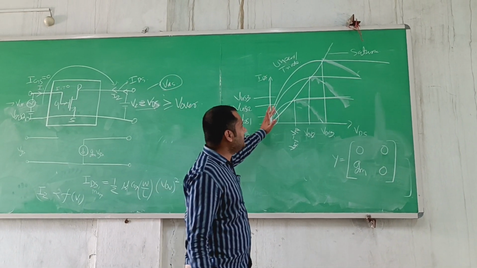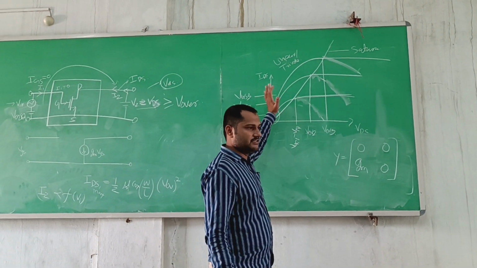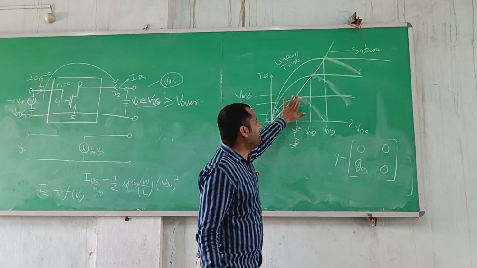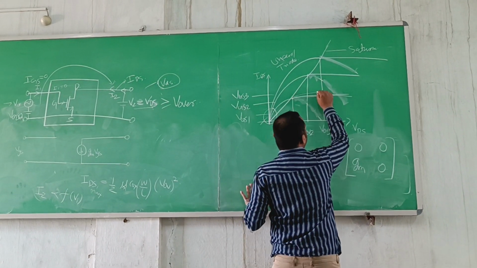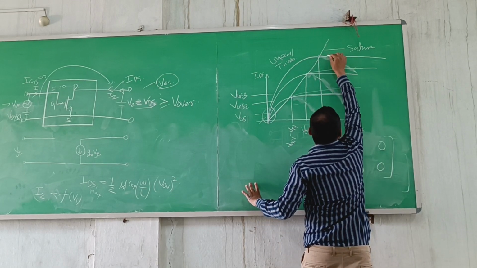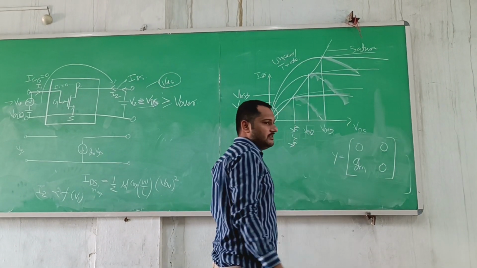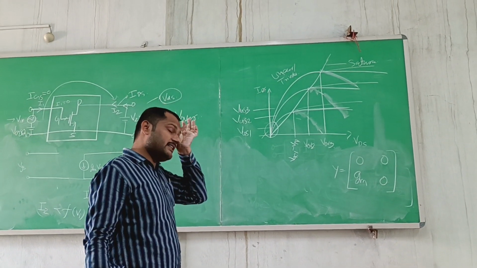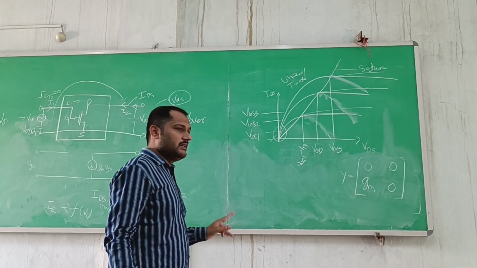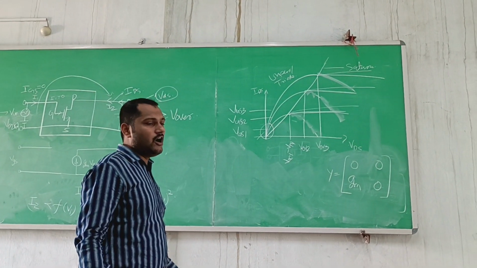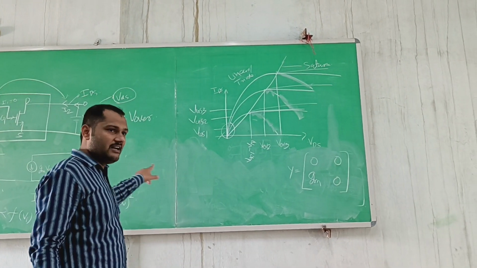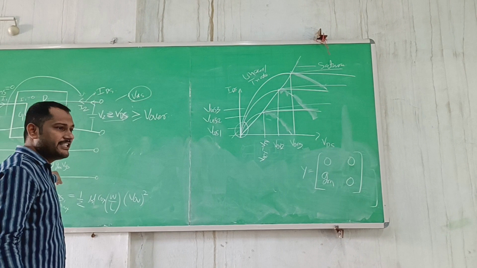Now up to this point, the simulated and experimental graphs match. But after this, there is again a slope. This current again increases. This is due to channel length modulation. And channel length modulation, the semiconductor device physics, we already covered in our offline class. But the important point is how this channel length modulation affects our Y parameter, our small signal model.